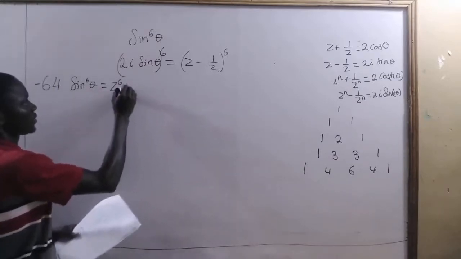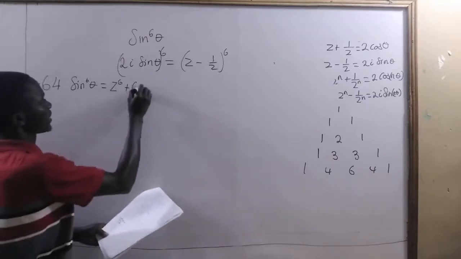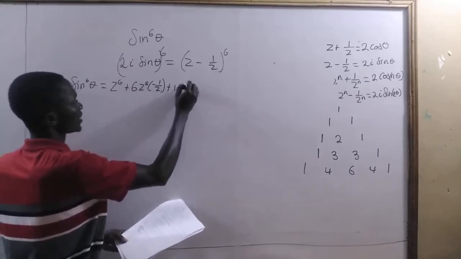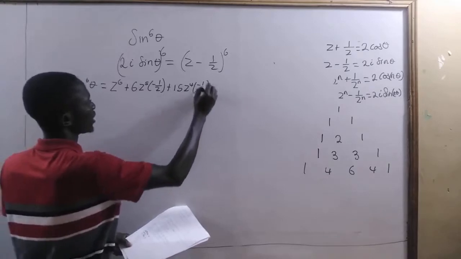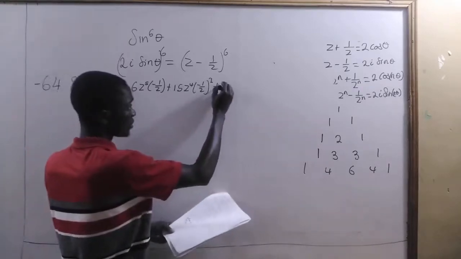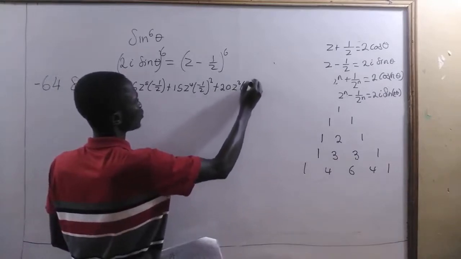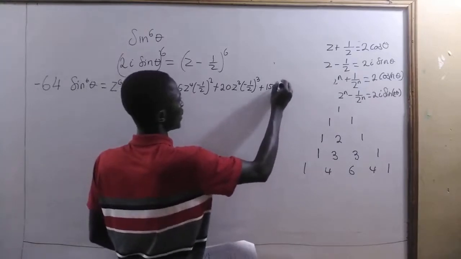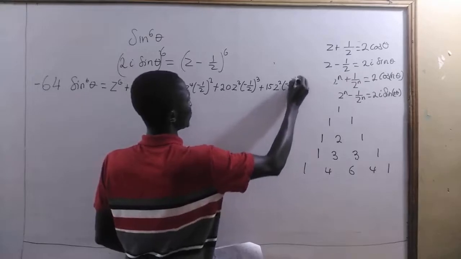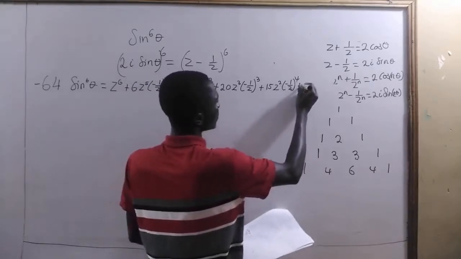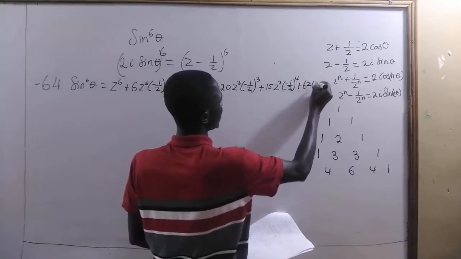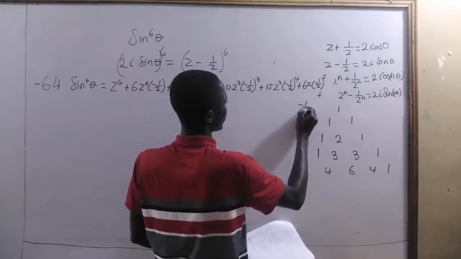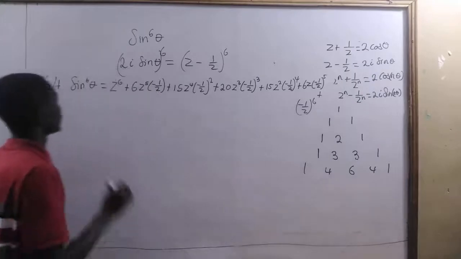z to the power 6 plus 6 times z to the power 5 minus 1 on z, plus 15 times z to the power 4 minus 1 on z squared, plus 20 times z to the power 3 minus 1 on z to the power 3, plus 15 times z to the power 2 minus 1 on z to the power 4, plus 6 times z times minus 1 on z to the power 5, plus minus 1 on z to the power 6. So this one will give us